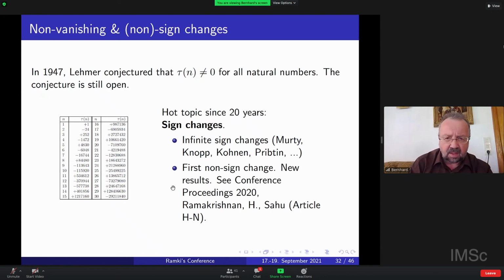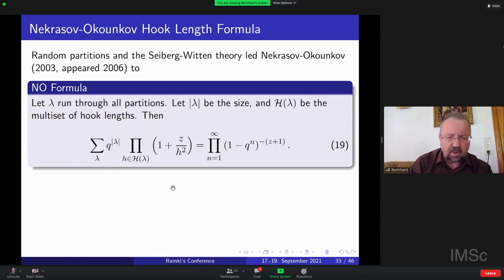And just to end my talk, these polynomials, surprisingly, can be described by the so-called Nekrasov-Okounkov hook length formula. So you see on the right side, again, you have this polynomial shifted, and here you have a generating function: you sum over all partitions, you take the lengths, then you take the product over all hook lengths of a fixed partition. So you make the Young diagram, and then you count the arms and the legs, and you look at this